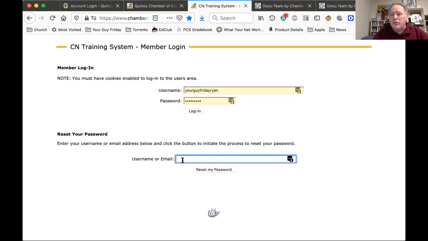And if you don't remember your username, enter your email address. Now, it does have to be the email address that is registered with your chamber. If you don't remember any of that, then just contact your Chamber of Commerce directly and they will help you. Once you enter your username and your password, you go ahead and click on login, and